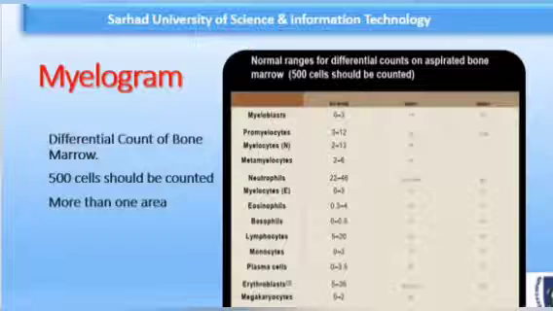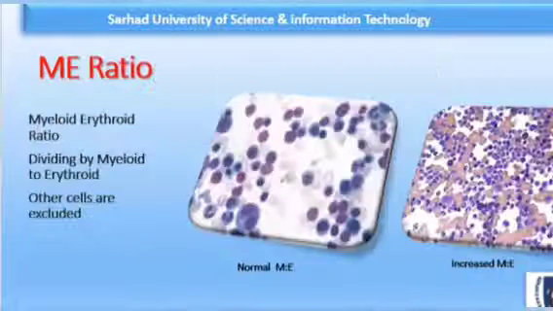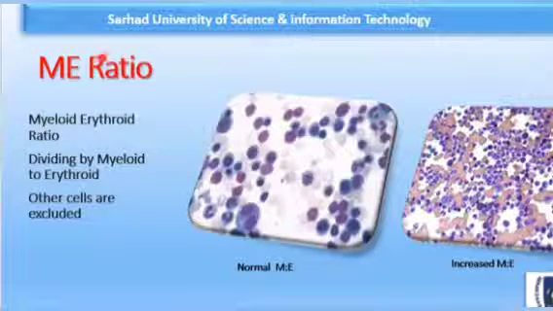The differential count of a bone marrow smear is called a myelogram, and the differential count of a peripheral smear is called DLC, that is differential leukocyte count. That is counted in 100 cells, whereas a myelogram is counted in 500 cells. These are its normal values, as we have discussed in the earlier slides. Like myeloblast 0 to 3%, promyelocyte 3 to 12%, and so on. So the other thing that you are looking for